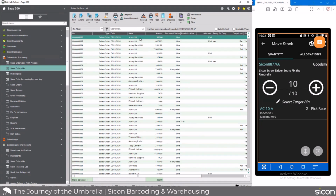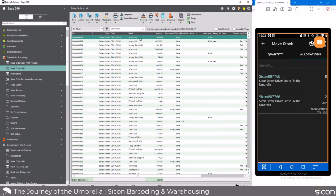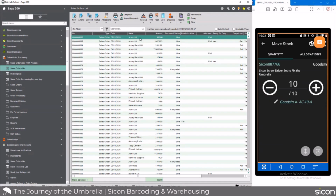And the significant thing about this screen is that you can also see any allocations. So the 10 that I'm moving are 8 free stock and 2 which are allocated. I don't have to do anything with that. I can move it and it will take that allocation with it. And that's the significant thing about what I was looking to show you today, because now we're going to move